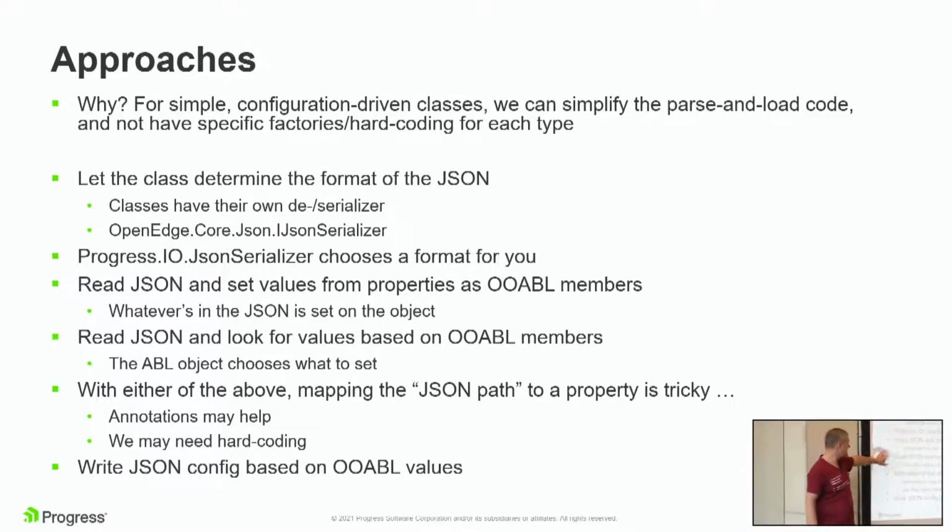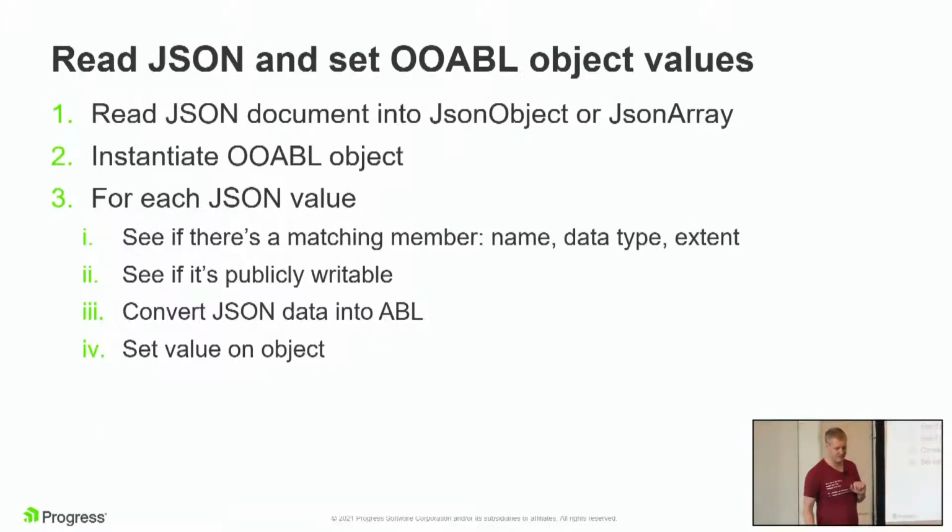We read the JSON, set the values. We read the JSON and look at the ABL class. You can do a variety of these things. We talked a little bit about the JSON parse stuff as well. And the last thing is that writing JSON out again is also possible this way. Instead of looking at what is settable, you would have to look at what's readable from that thing and decide whether these objects are serializable or not. That information is also available to you in the Reflect classes.